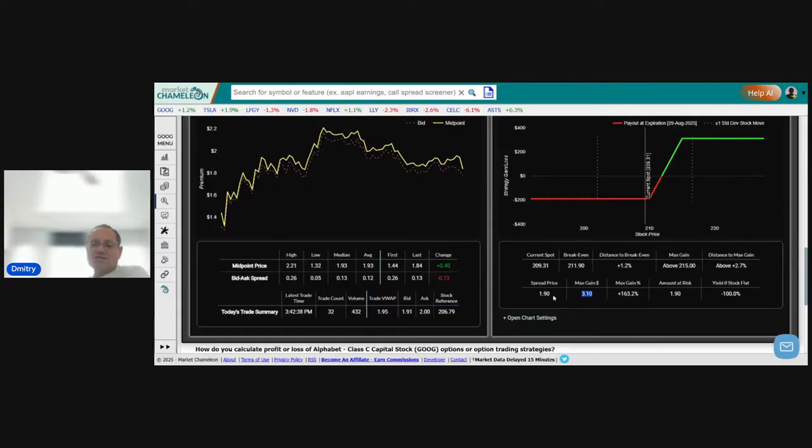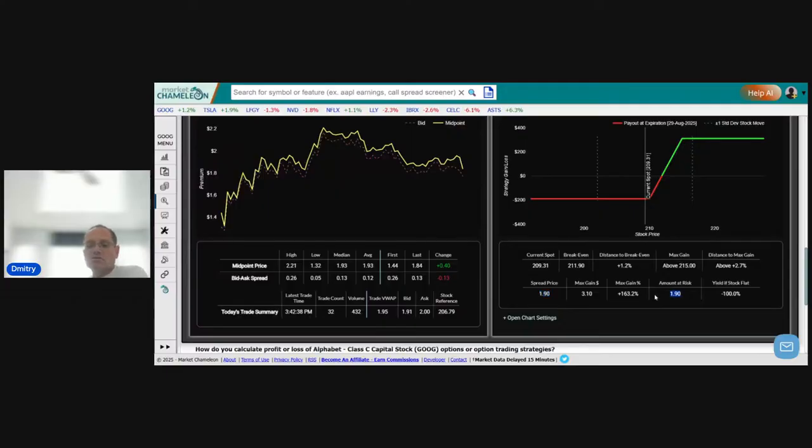So if we're risking $1.90 to potentially make $3.10, our max gain is 163%. Right? If you invest $1.90 and if it goes to $5, that's 163% return on the amount you have at